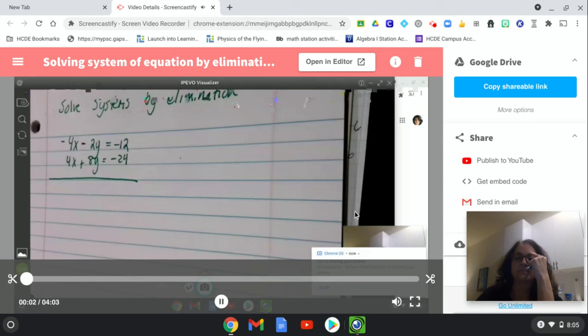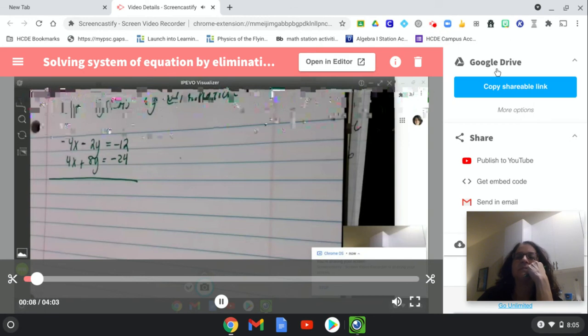All right, y'all, so I'm going to show you how to solve a system by elimination. So when you're trying to solve an equation, you can't solve it if you have two different variables. The only way we can solve is by getting one variable, which means I have to somehow eliminate the